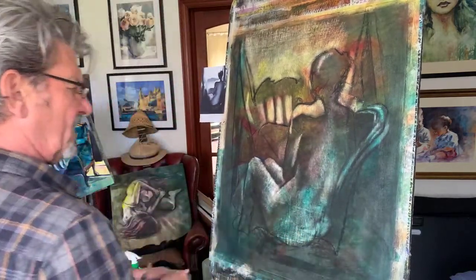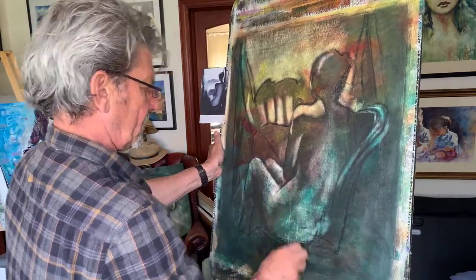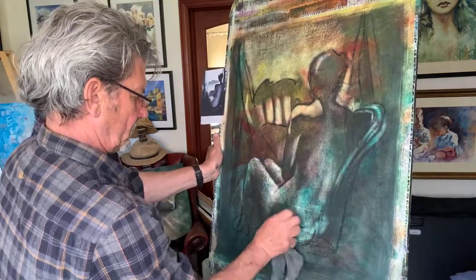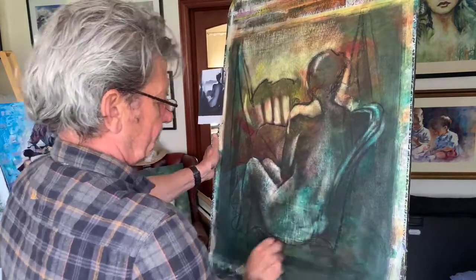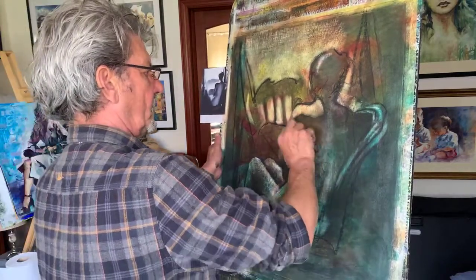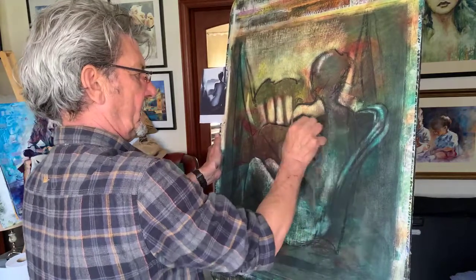Then it goes a bit darker. Then it goes lighter here because that's where the bony part is, the hip. Okay, then it goes a bit darker and it blends into the rest of the leg. So it's making you see the tones. Alright, this one blends into this part of the back where you've got